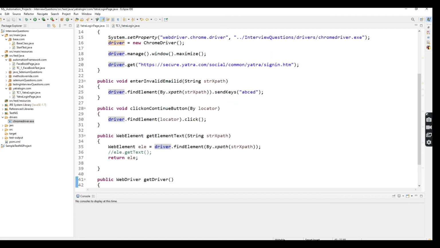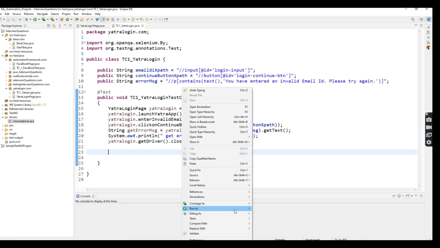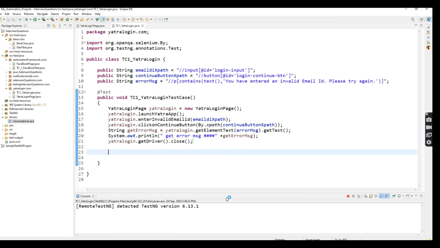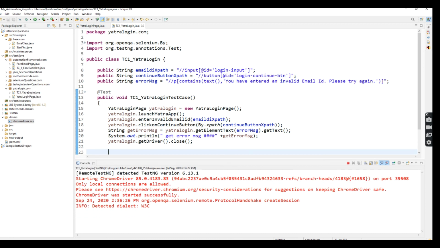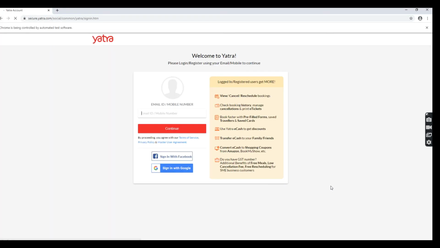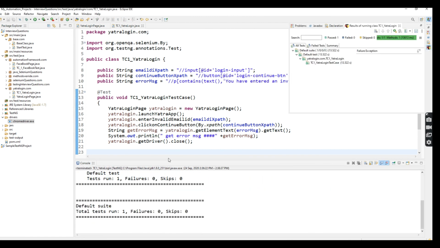This is the way we pass parameters, and you have to utilize Java methods inside your Selenium concept. Okay. So I'm going to execute this class file. See, you have entered the email, it will be printed, and it will be closed also, right?